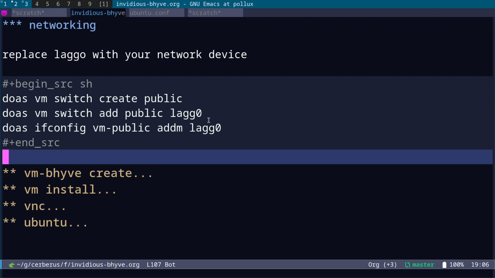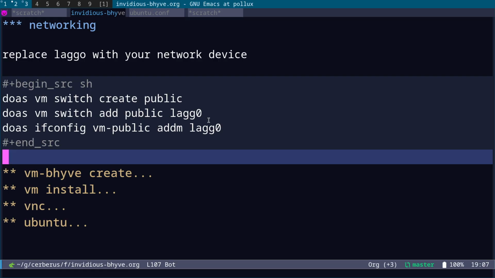And what you can see here is lago. This is my combined virtual interface that I covered in a previous video, where you can create a fallback virtual network interface that combines the Ethernet and Wi-Fi, so that when you unplug the Ethernet, it automatically switches to Wi-Fi, and when you plug the Ethernet back in, it switches back to Ethernet. And this is particularly useful for